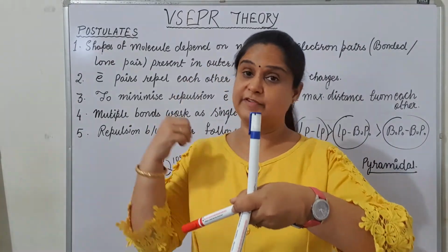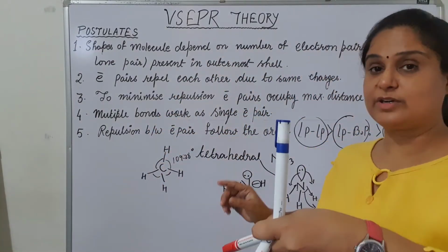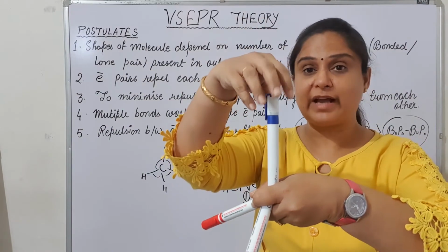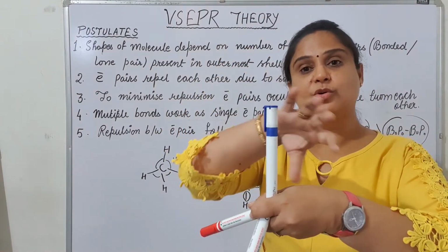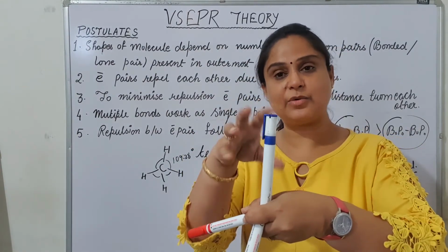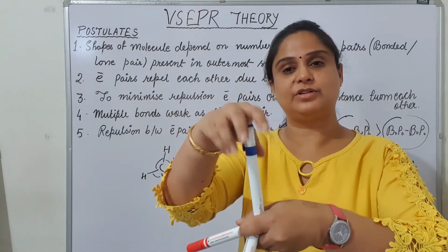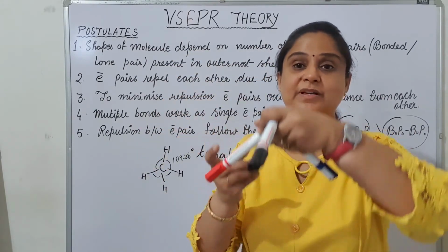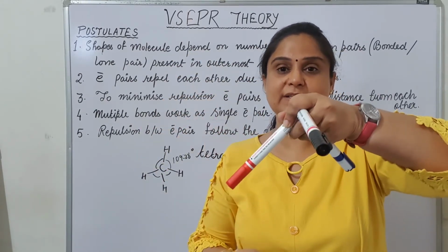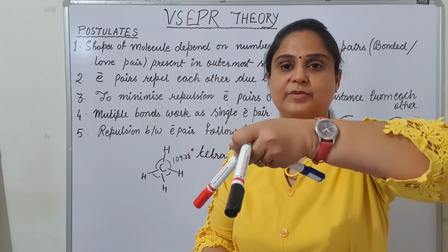But this time with the ammonia, it is not a bond pair. So I cannot have the atom here, no? There is no atom. This is connected with the lone pair, and lone pair is nothing but the cloud. So there will remain only the cloud, no atoms are there. So what will be there? The cloud, and cloud is not visible. So the shape of the molecule is only this. Can you see this? This is the shape of the molecule.